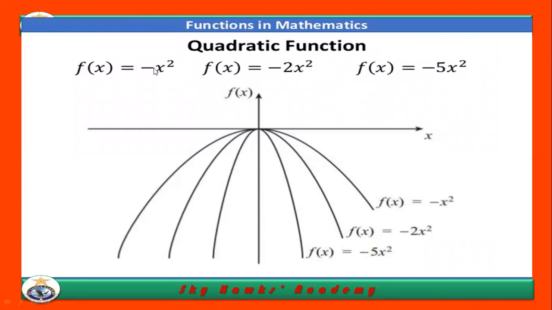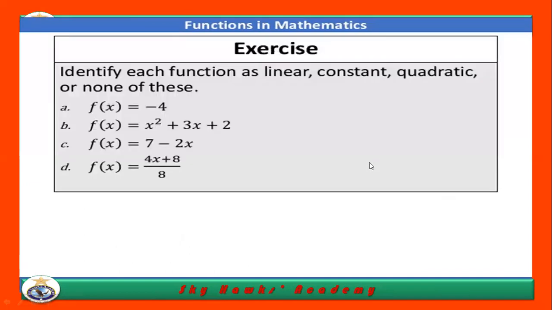When the leading coefficient is negative, this will be opening downward. And if the leading coefficient is positive over here, this will open upward. Anyhow, the exercise is this: you can just take the screenshot and identify each function as linear, constant, quadratic, or